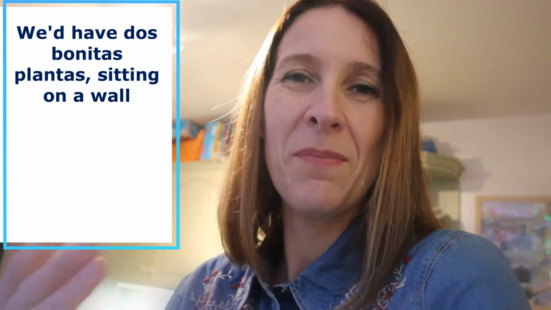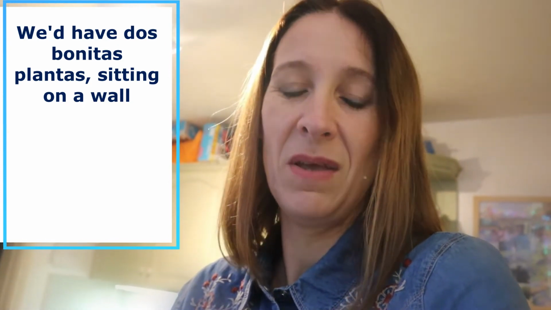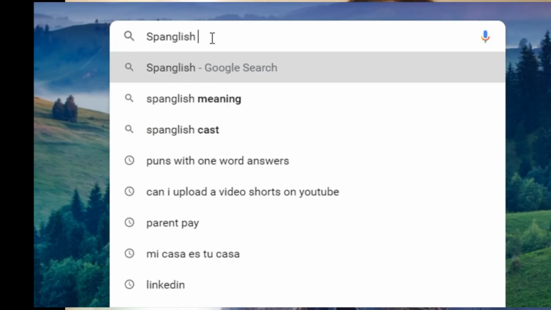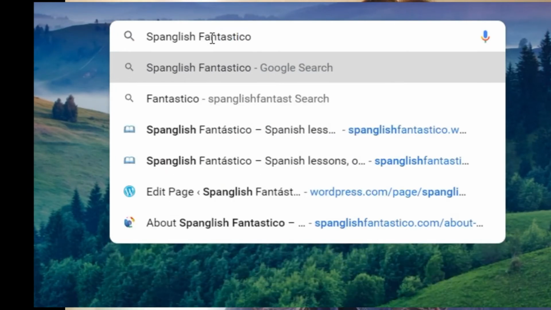Now, you can count back from 10 if you really want to. I think cuatro might be enough. It's up to you. But if you haven't already done so, do have a look at El Cuento, the tale,